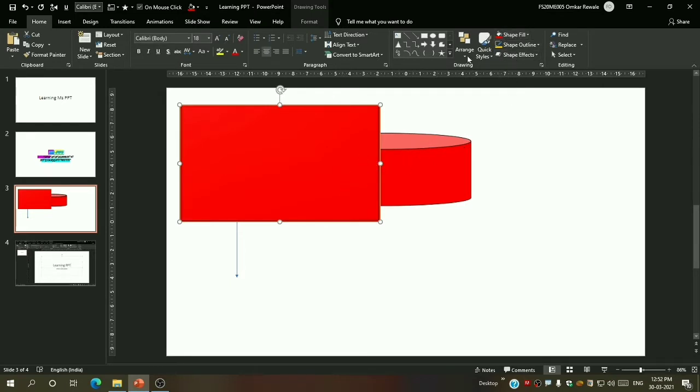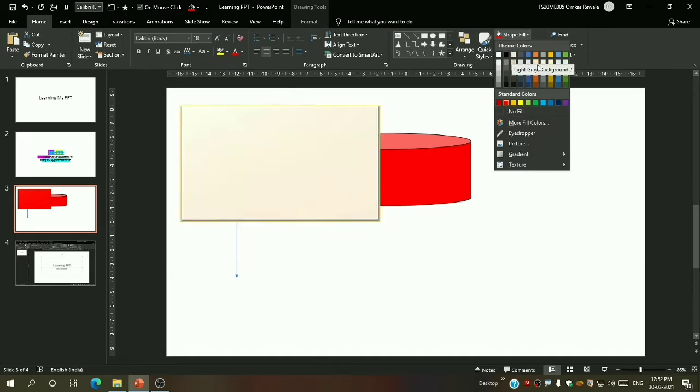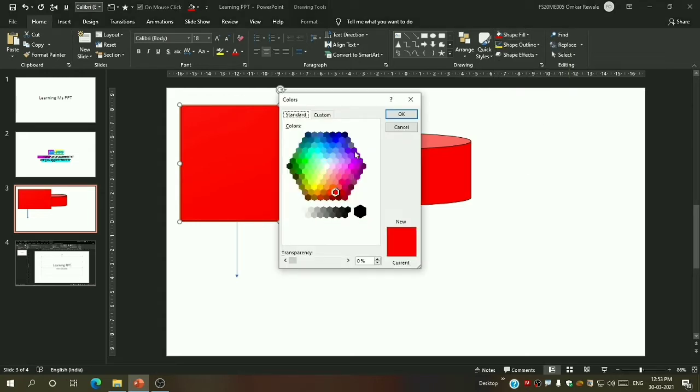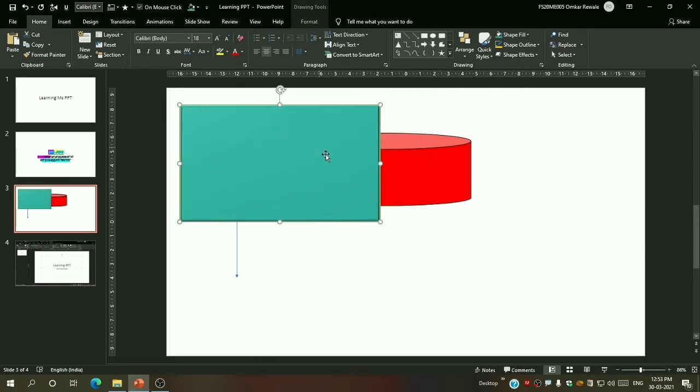Now we will go in detail. So let me select shape fill, then more fill colors. For example, the color which I want is not present over here. I want a different color which is not over here. So where will I get it from? I have to go from here, more fill colors, and you can see the color palette. Also you can go to custom and select as per your requirement. You can also move this point downward and upward, and you can see the new color. And when you say OK, you will see the color is changed.